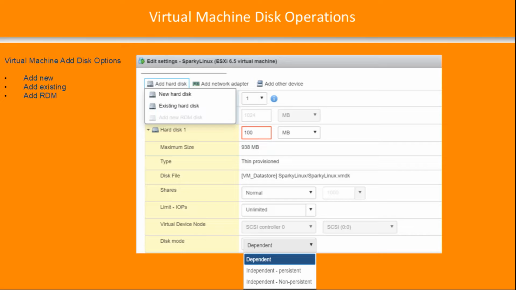To add a new hard disk, we select hard disk and we can select the size of that hard disk and the type, whether it's thin provision, thick, or eager zeroed. That will create a new disk. The other option, existing hard disk, is